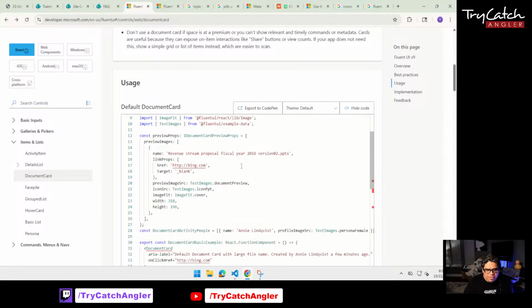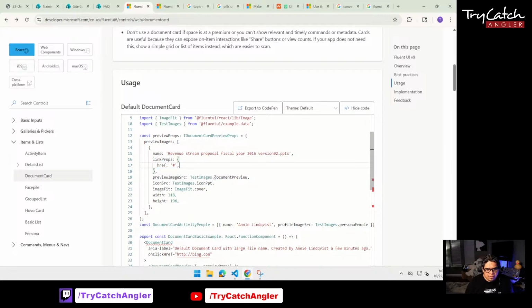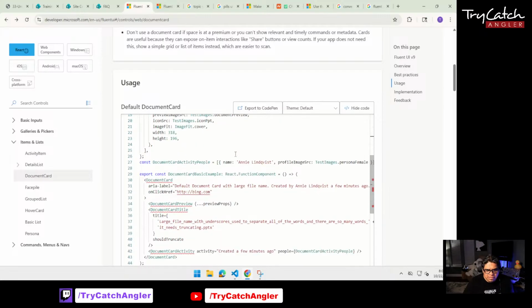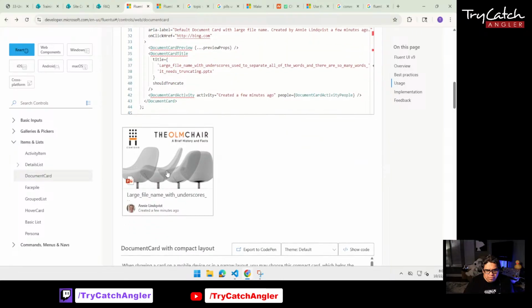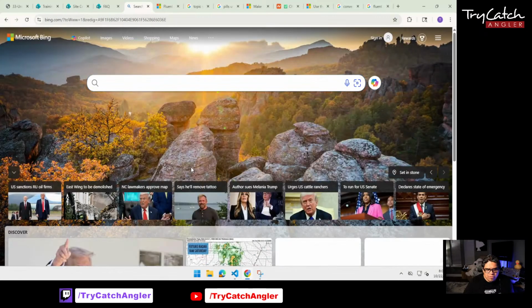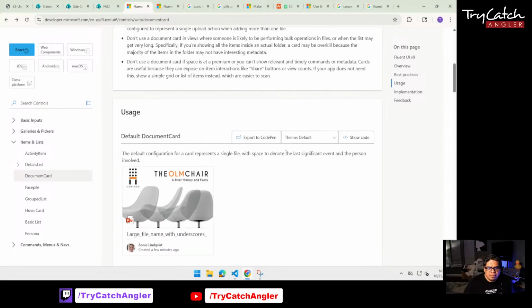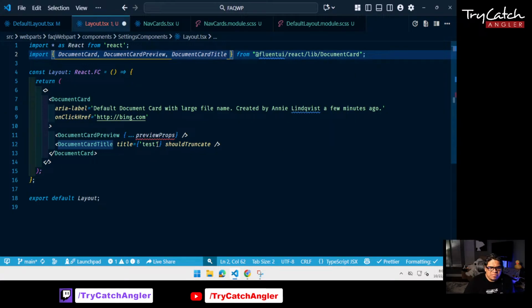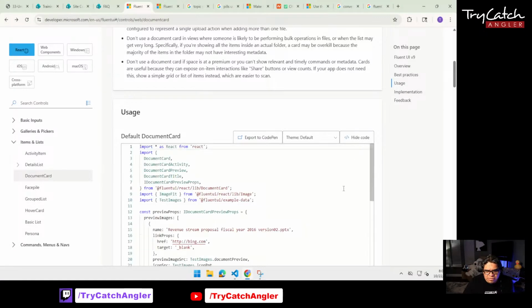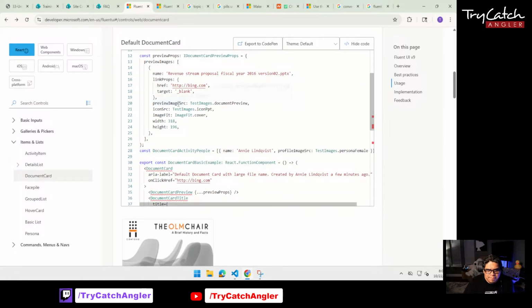I wonder if we can do something like just like this and get rid of this. I wonder what that would do. Nope, it's still going there. I wonder what, let's just try on ours to avoid